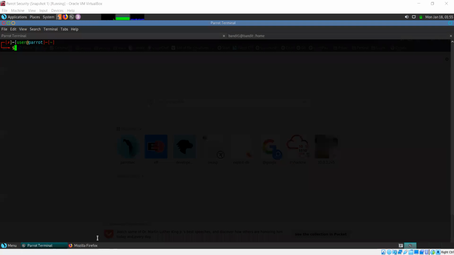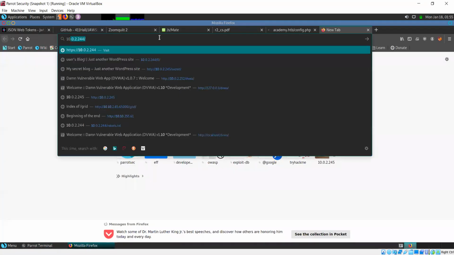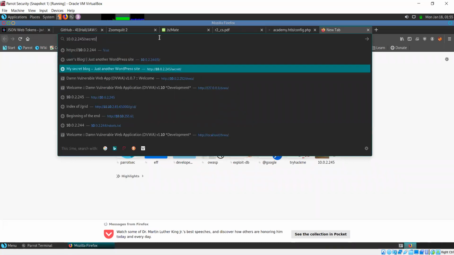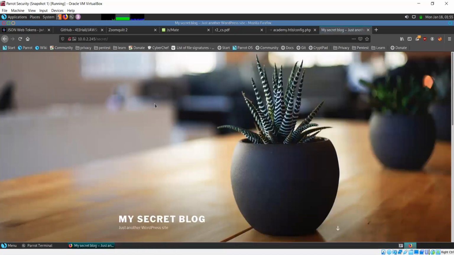Okay, so the last time, we went to that IP and we did the whole thing with modifying our host file so the website appears properly now.